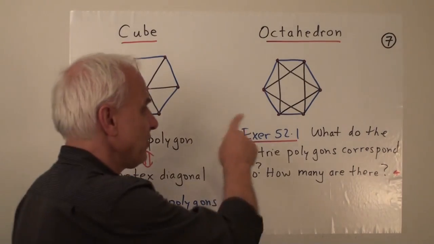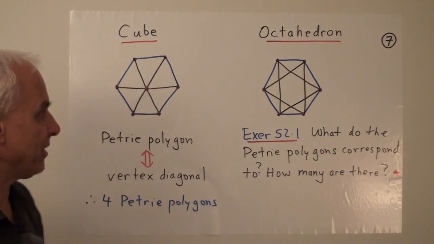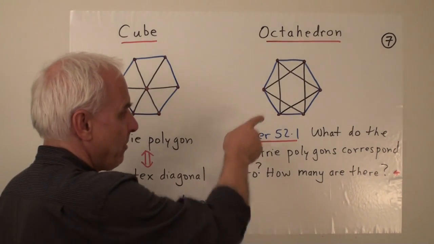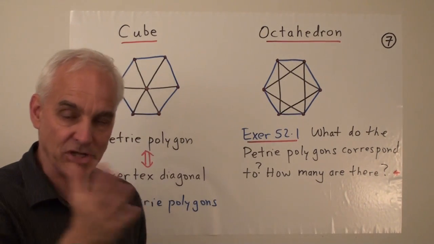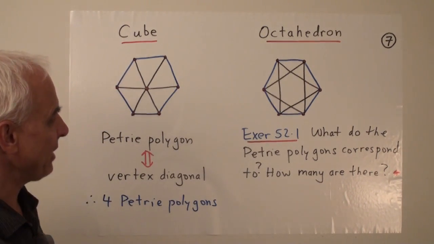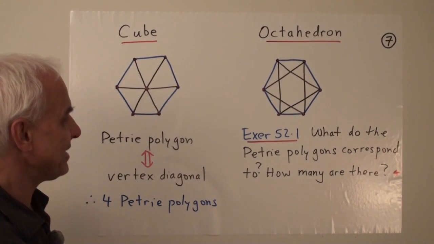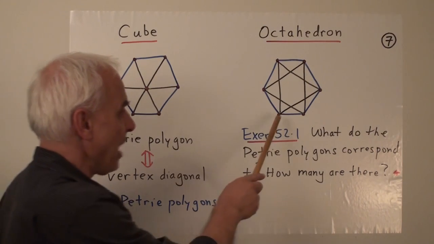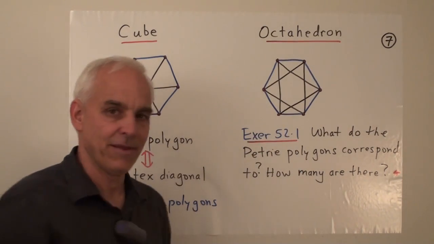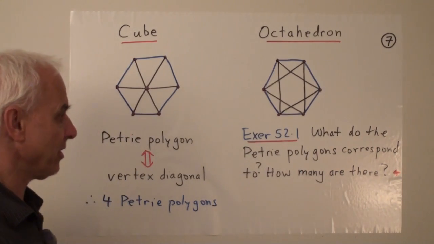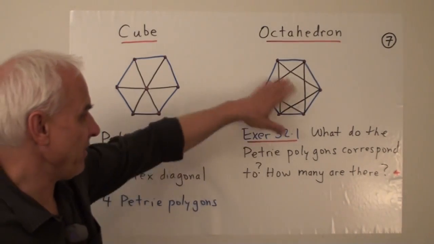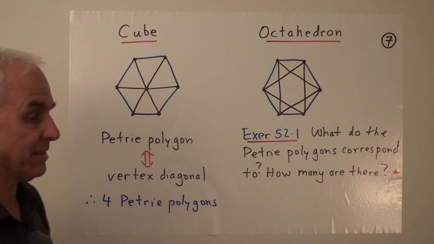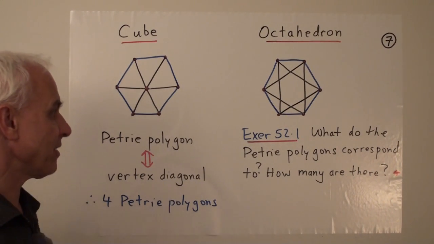I'm going to leave the octahedron story for you because we've been generally leaving the octahedron to you to think about. So this is actually a picture of an orthogonal projection of an octahedron. So you might like to stare at that and see if you can see the octahedron in it, and if you can convince yourself that the boundary is in fact a Petrie polygon. And you might ask, how many of them are there and what do they correspond to in terms of symmetries or configurations?